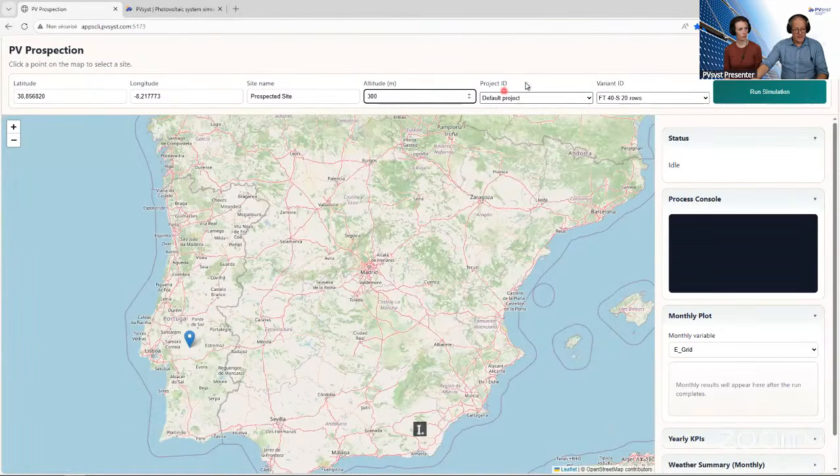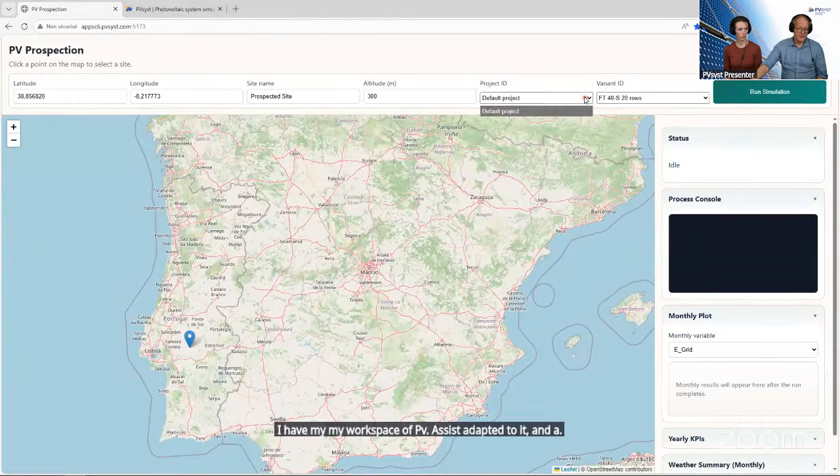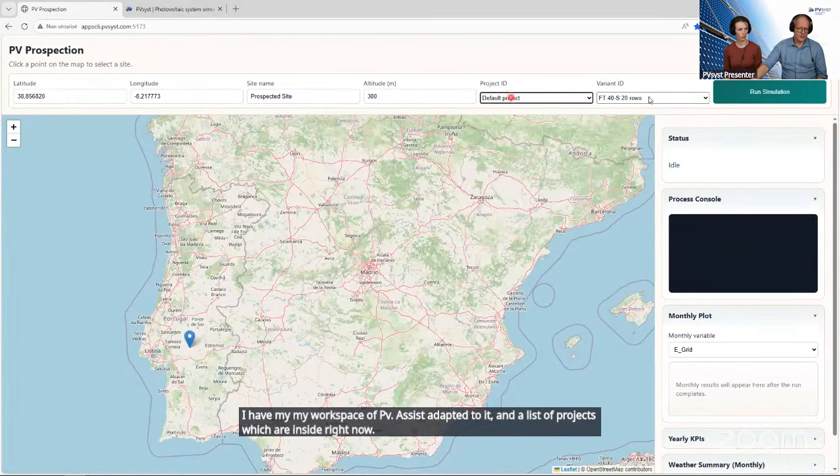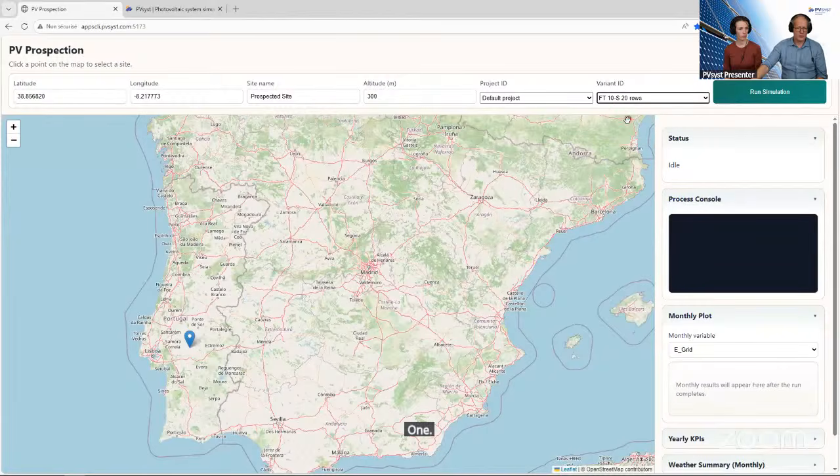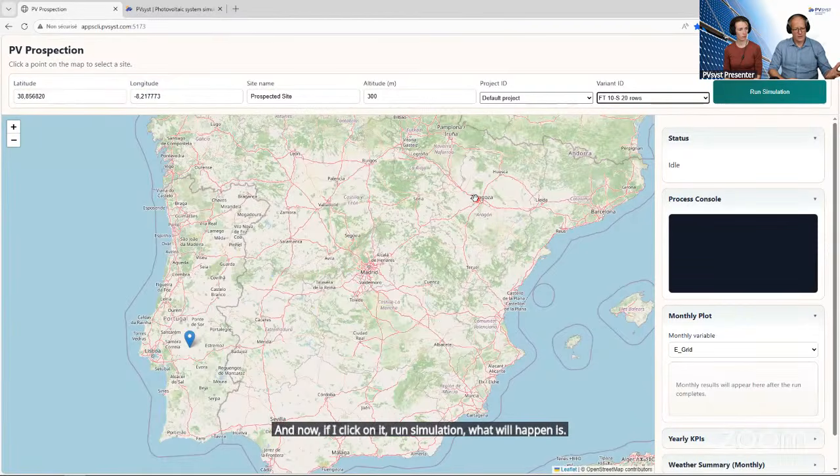I have my workspace of PVsyst adapted to it and a list of projects which are inside. Right now I have only one project, default project, but in this project I have 3 variants, 2 fixed tilt and one facade. So I will choose the fixed tilt 10 degrees with 20 rows as my example that I want to run. And now if I click on run simulation, what will happen is that there's a script that